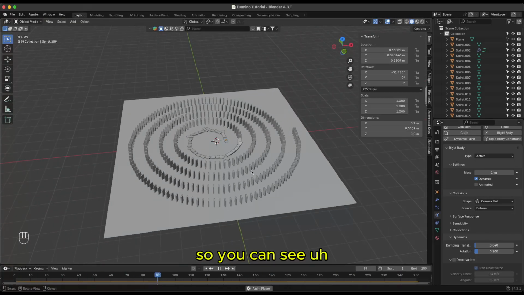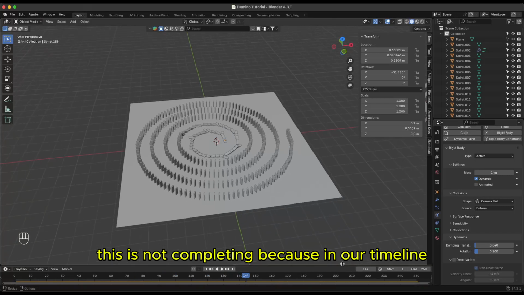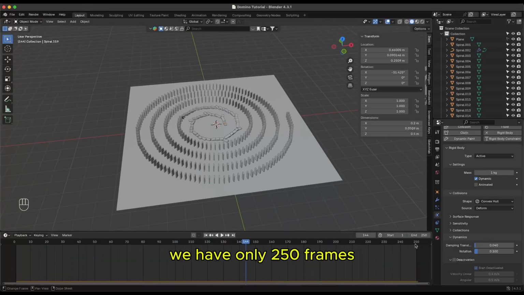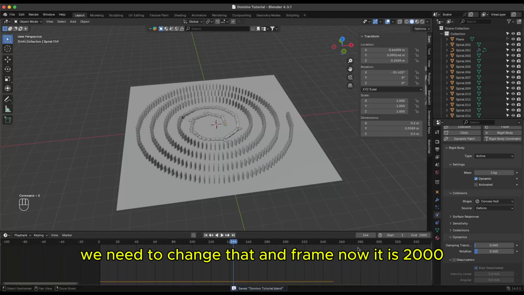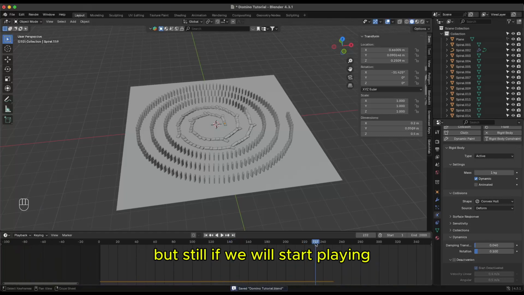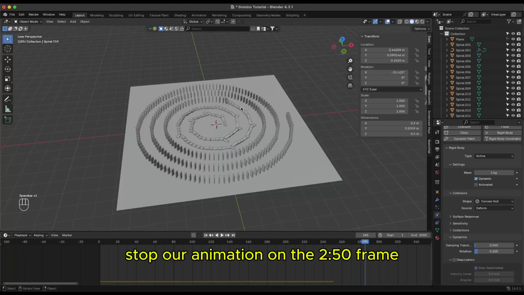So you can see this is not completing because in our timeline we have only 250 frames. So to make it more frames, we need to change the end frame. Now it is 2000, but still if we start playing, we are going to stop our animation on the